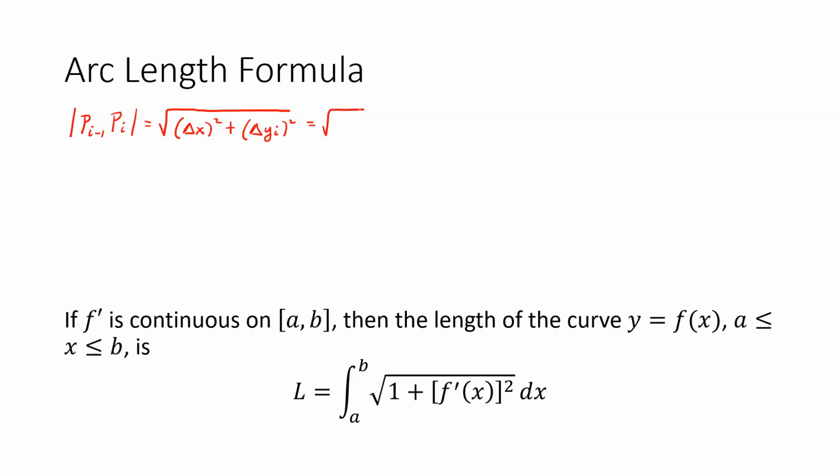And here I'm going to write delta y in terms of the f of x. So it'll be f of x_i minus f of x_i plus delta x, and we can use the mean value theorem